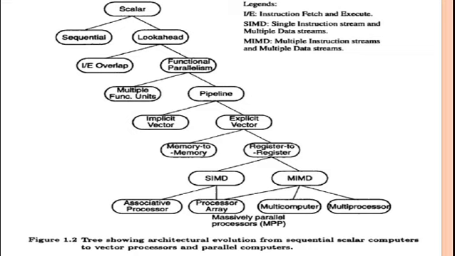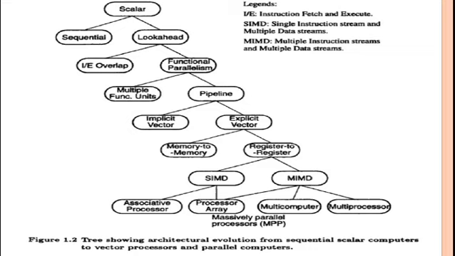So look ahead, parallelism and pipelining came into the picture. The look ahead technique was introduced to prefetch instructions in order to overlap the I/E, that is instruction fetch and decode, and execution operations, and to enable functional parallelism. The functional parallelism was supported by two approaches. One is to use multiple functional units simultaneously, and the other is to practice pipelining at various processing levels.